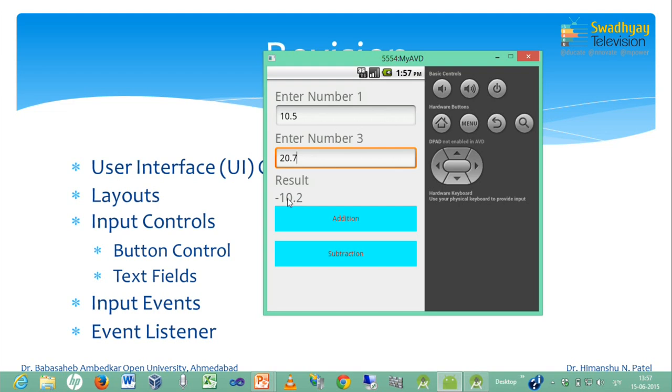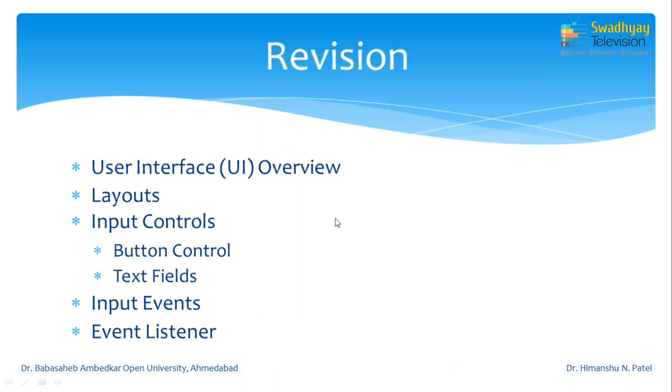So result is minus 10.2, 10.5 minus 20.7 equals minus 10.2. So let us create one project and develop this simple application that make use of text view, edit text and button control. So let us start.